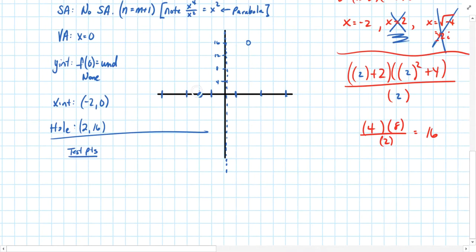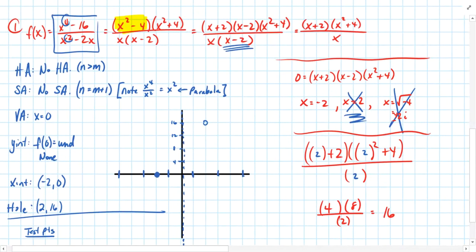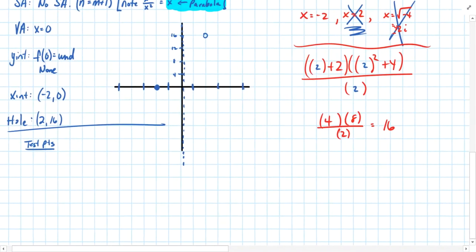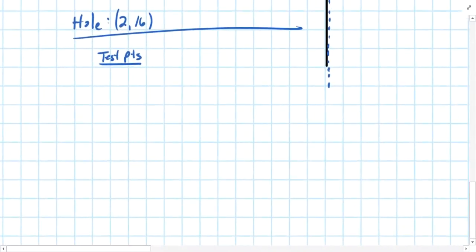If I use those 6 data points, that should give me a pretty accurate representation of the behavior of this function. I don't need to go much further beyond that because that should, again, give me the shape surrounding this vertical asymptote and surrounding this hole. And then the end behavior is going to tend towards some sort of parabola in nature. And we'll hopefully see that when I draw this graph on Desmos. So again, we're just using test points here because our other analysis really didn't give us much more information to go with. So let's use an XY table